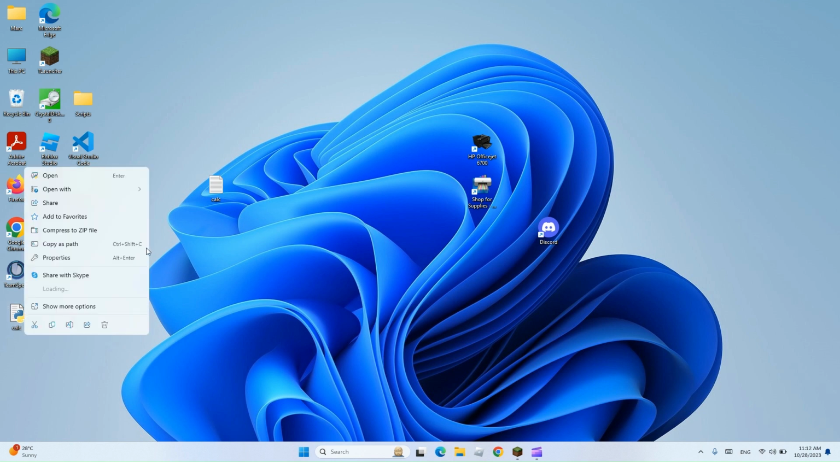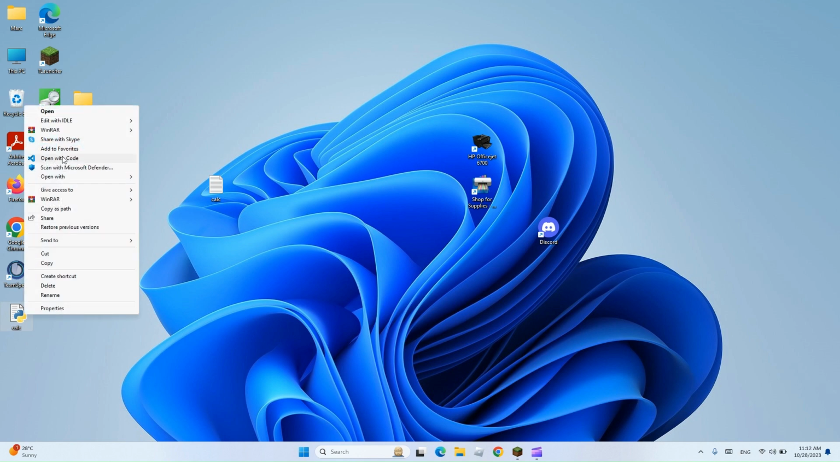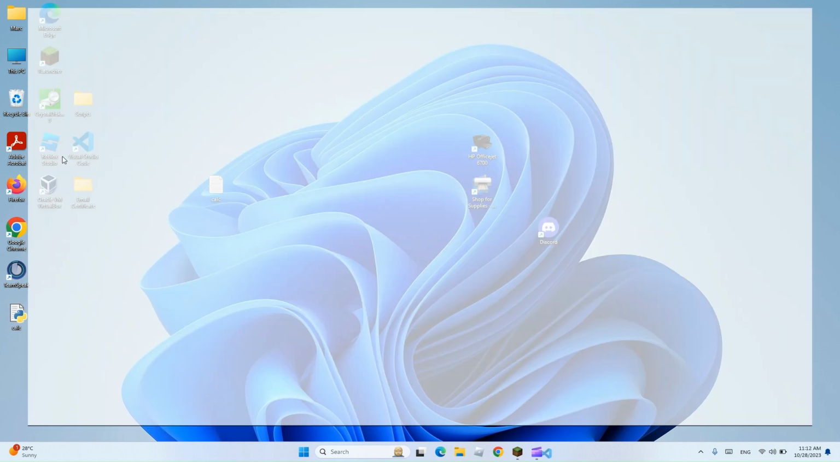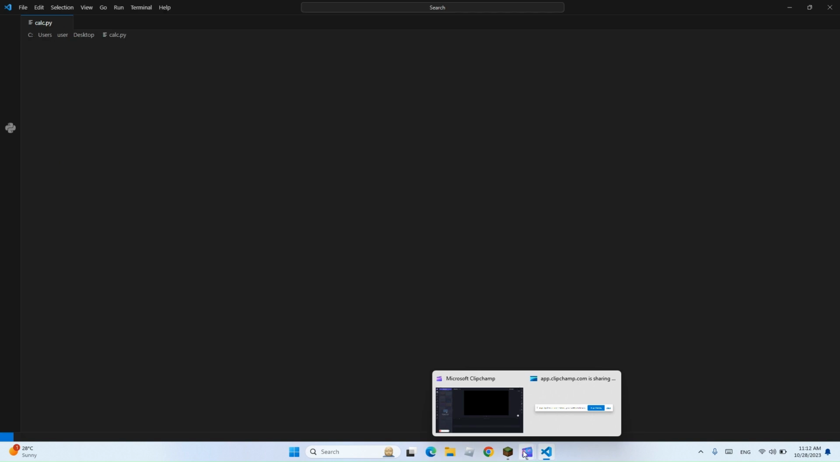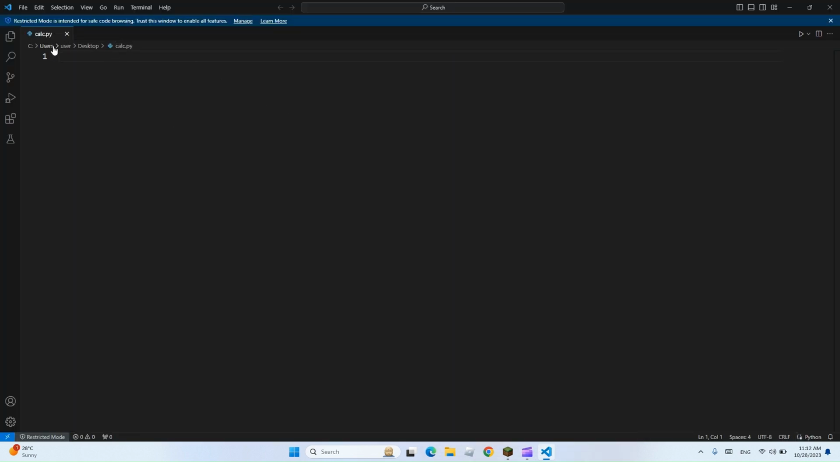We're going to go here and then open with code. Here you're going to see C users, basically. So here we have the calculator. First what we're going to do is have a choice here